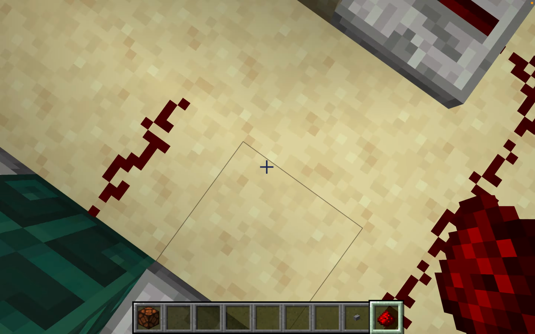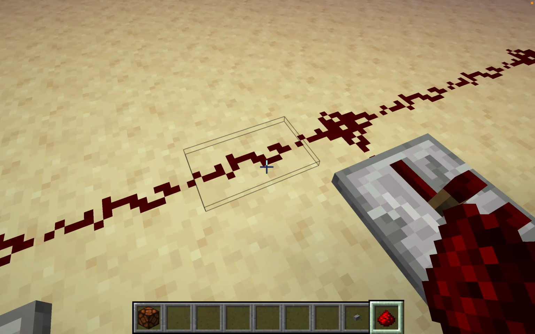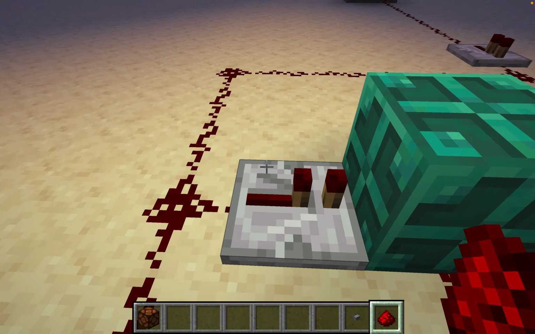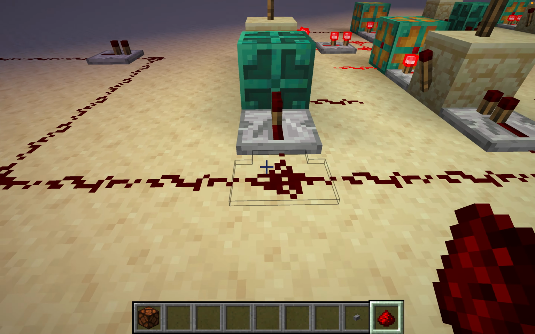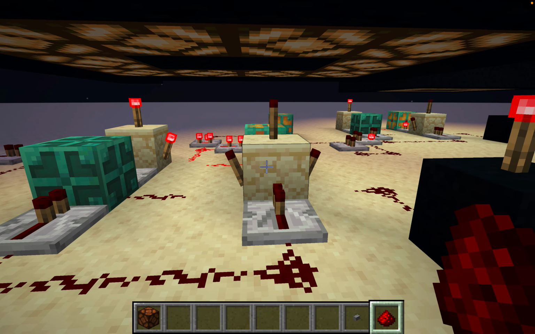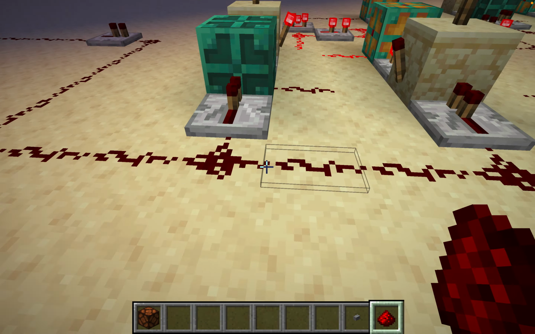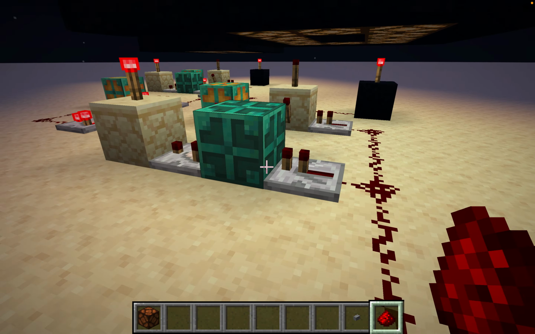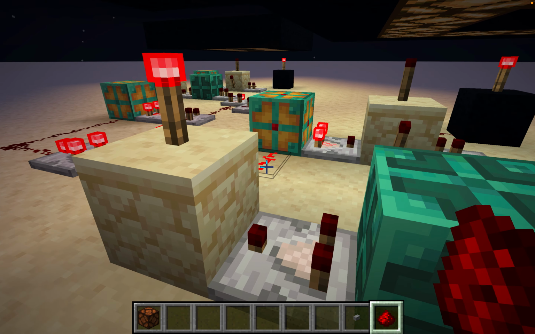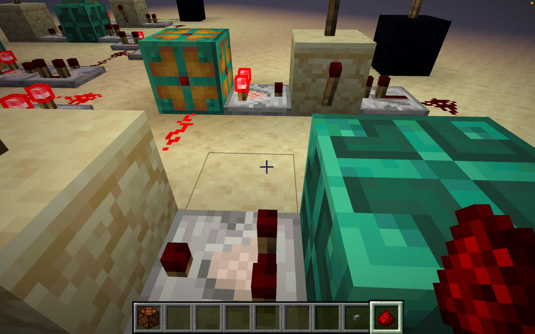Two of those linked together like this, with these two blocks here toggle as an input. And what that essentially does is that